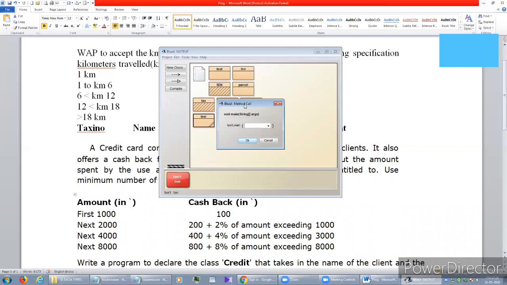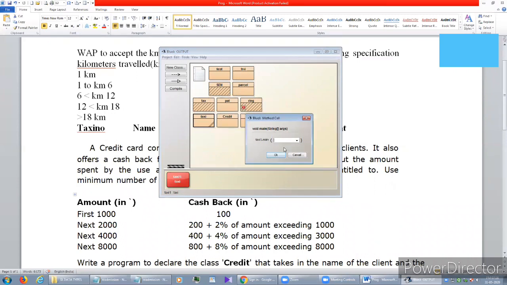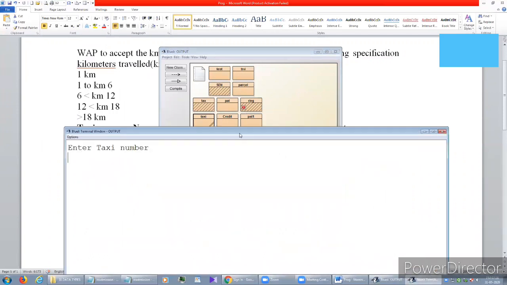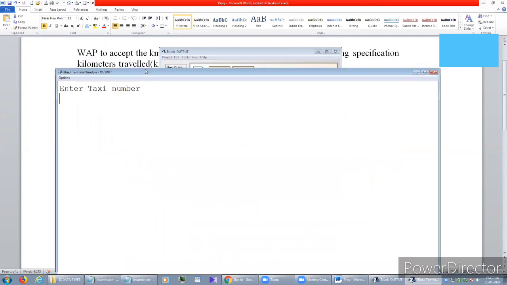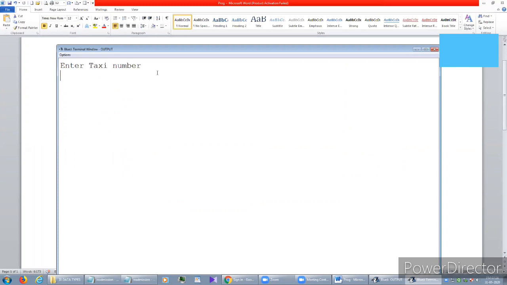See, this box appears. In this box, instead of giving the value, we have to give the brackets open and close, because we are using the Scanner class. Directly we'll get the terminal window, and here we can give the value. Enter the taxi number, like West Bengal WB 24 C12454. This is the taxi number. The name is given as Shuman. Next, kilometer travel, suppose I gave 15 kilometers.